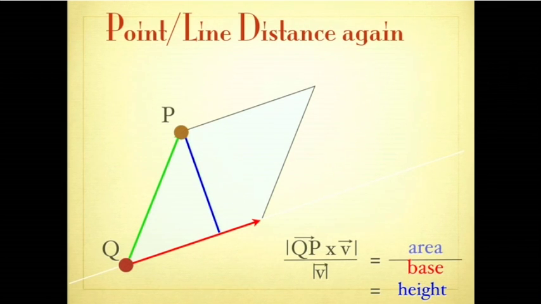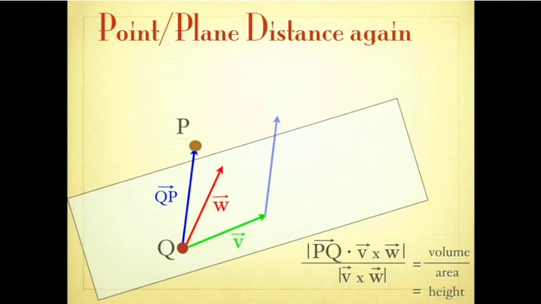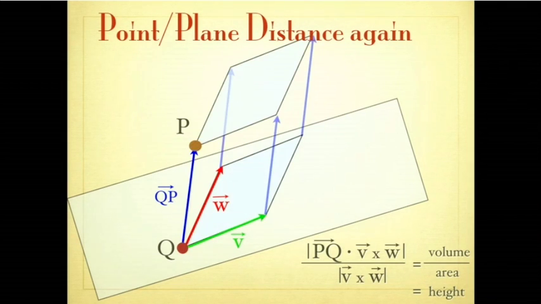And the other formulas go similarly. I showed this already. You take a parallelepiped, and this triple scalar product here gives you the volume of the parallelepiped, and the height of this parallelepiped, that's the distance. And how do you get the height of a parallelepiped? You just take the volume and divide by the base area. So that makes this formula also very natural, and you don't have to really memorize that.